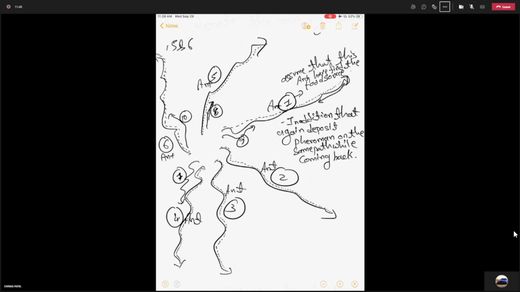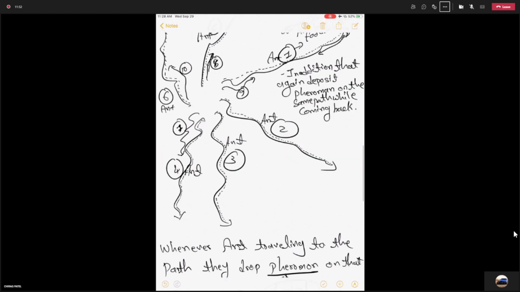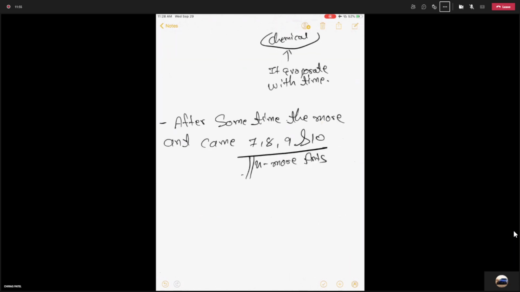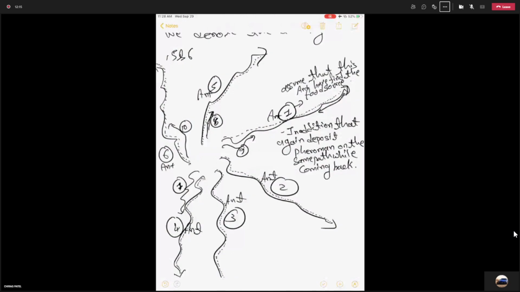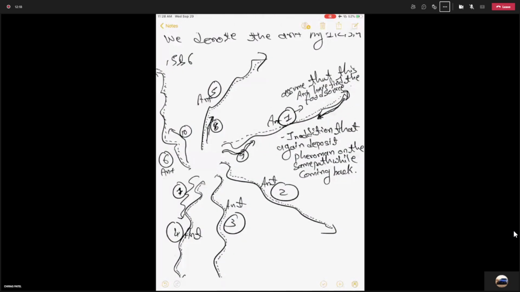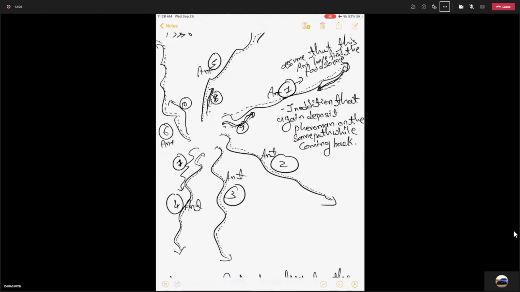Okay, so again they will do the same procedure to find out the food source. The objective is to find the food source. So again they will travel on the same path, right? This one is coming back, and a new ant is also going on this path, so it's also going to deposit pheromones. This also is going to deposit. Now this hunter is coming back, he had found the food source, right? After some time